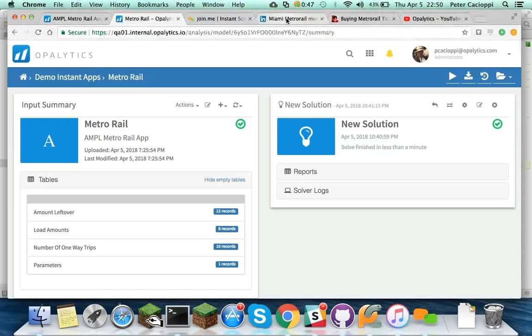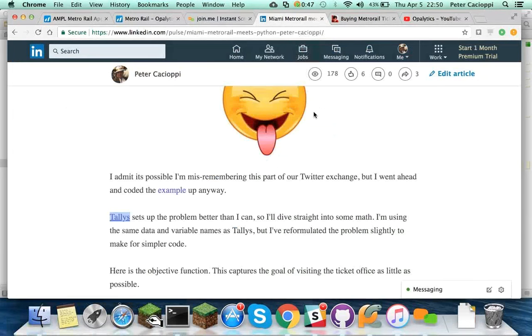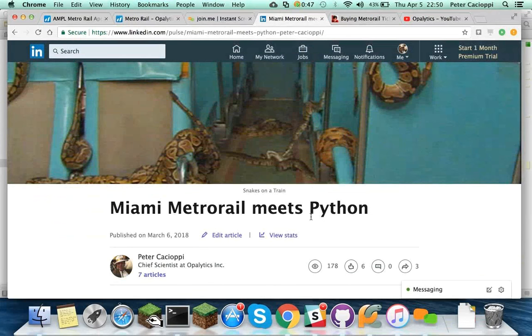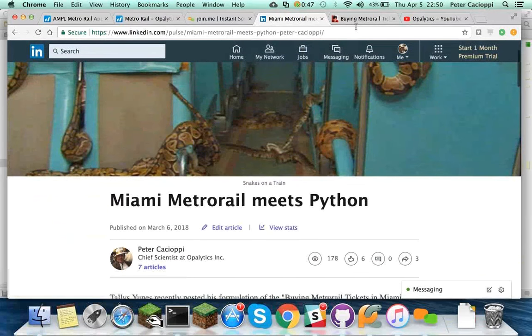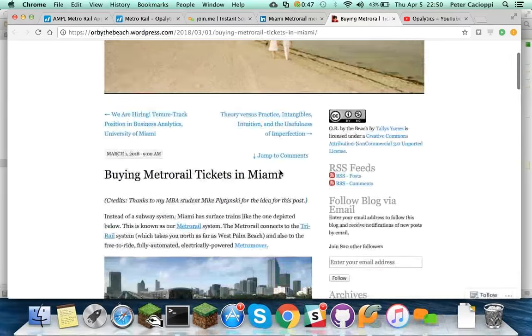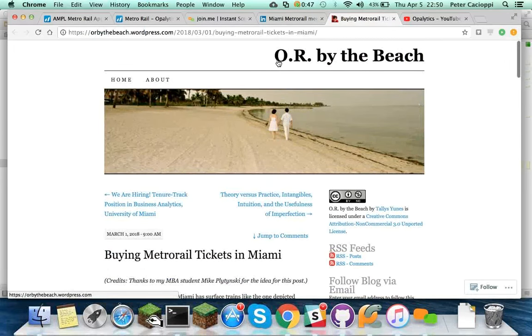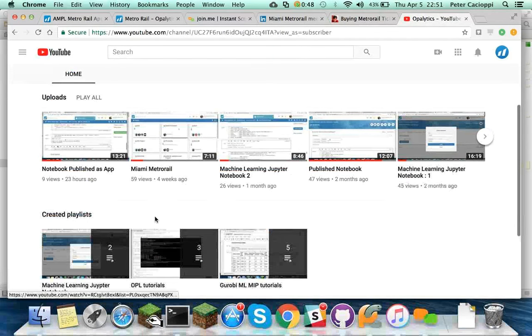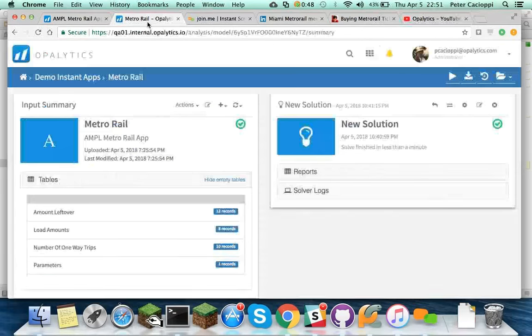To give you some review, if you want to learn about the Miami Metrorail example, you can please read my blog post, which is also based on this blog post by Professor Over at the Beach, Talis Yunus. And if you want to learn about publishing a notebook as an app, you can please watch this video that discusses that with the diet example. So assuming you're up to speed with all those things,